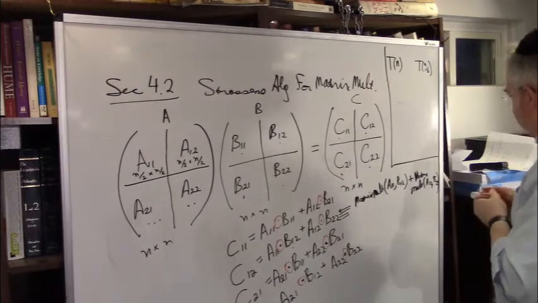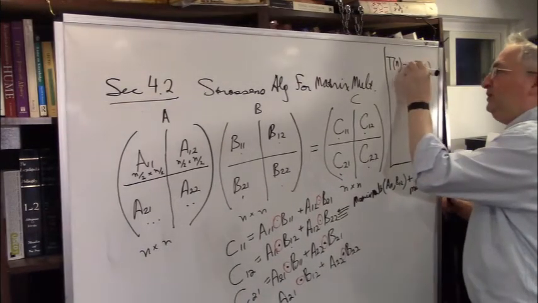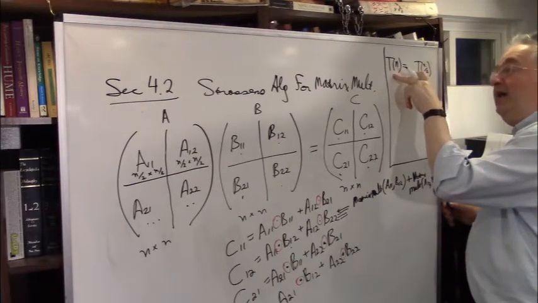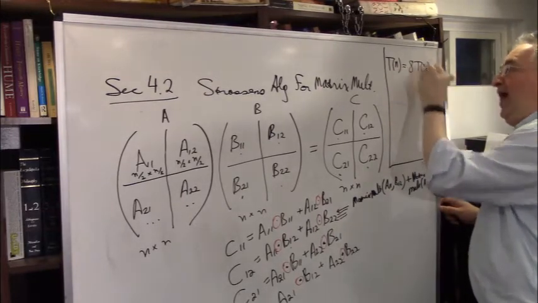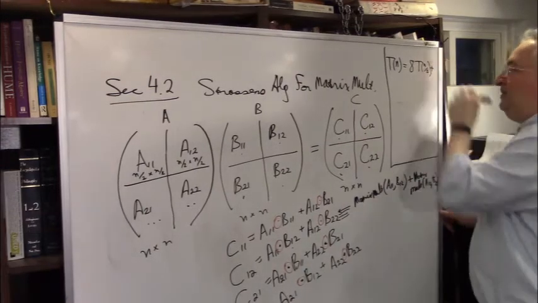So I have to do 8. In order to multiply n by n matrices, do 8 n over 2 matrices, plus